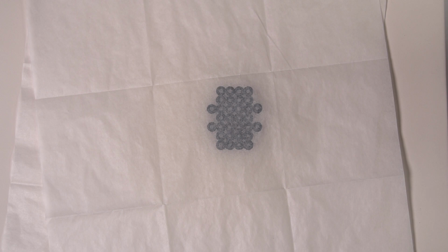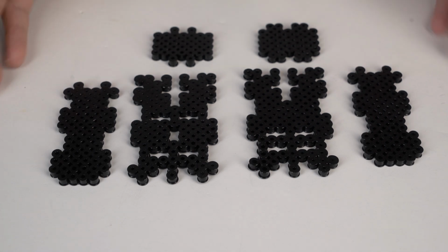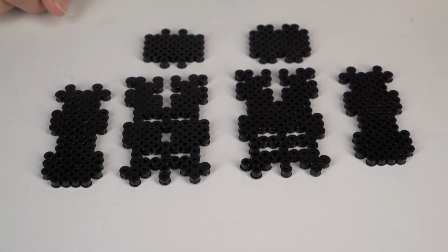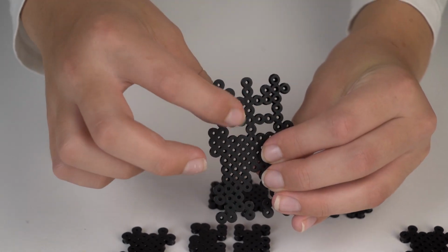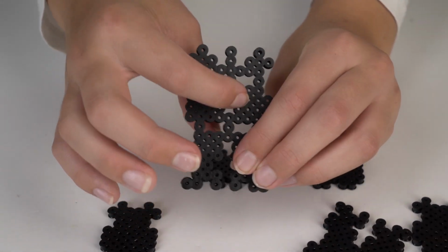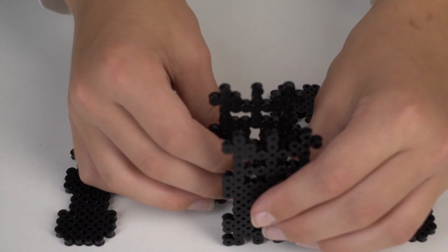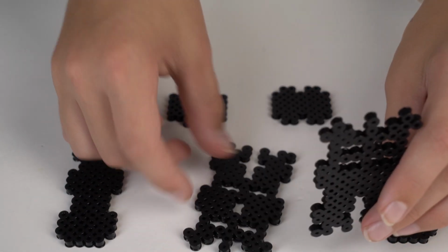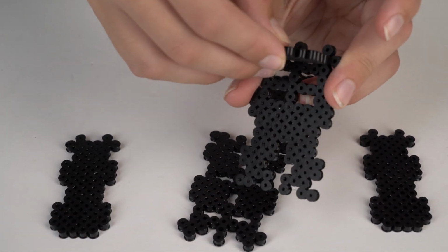And once it's ironed, we place it under a book and let it cool down. Once you've made the first set of pieces and ironed them, it's time to put them together. So this is the front with these 4 holes, and this is the back with 5 of them. So we're going to take the front and the back and we're just going to line them up like this. And then we're going to take the bottom up top and then we're just going to put it right into